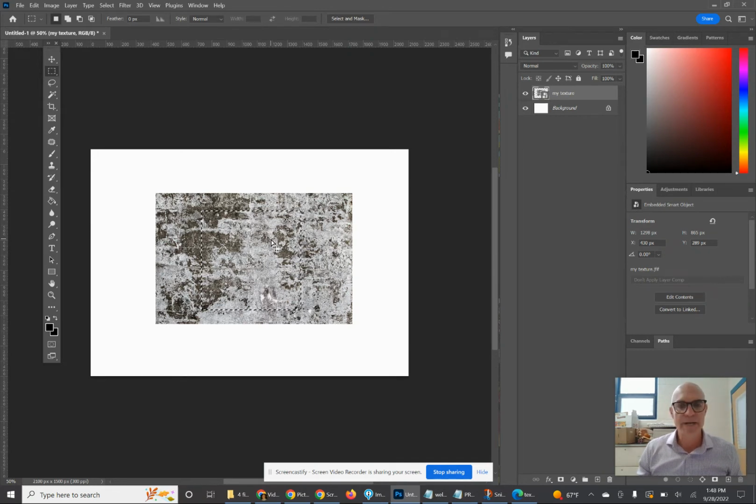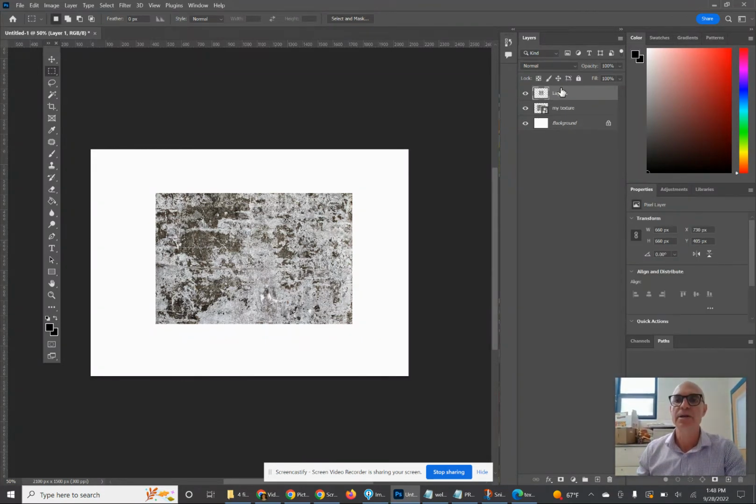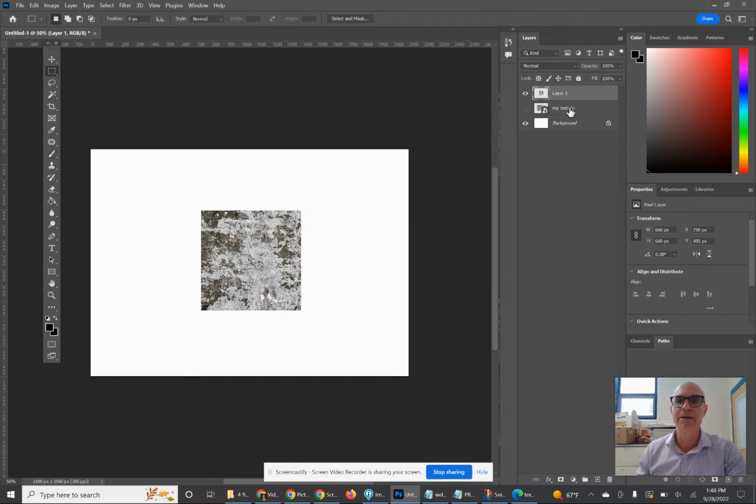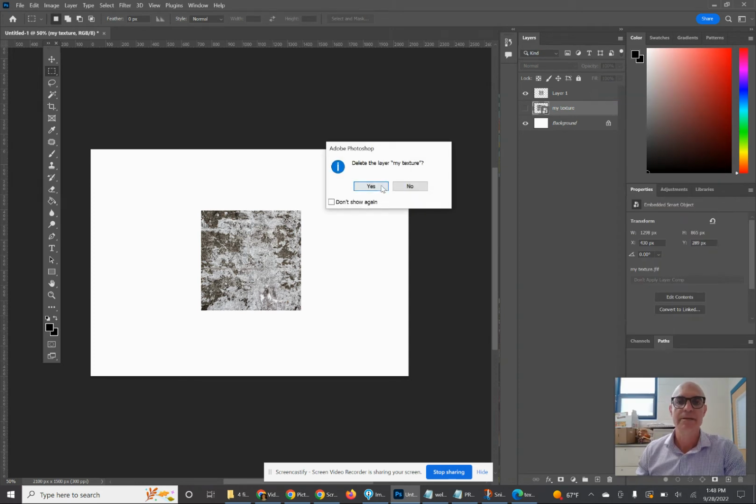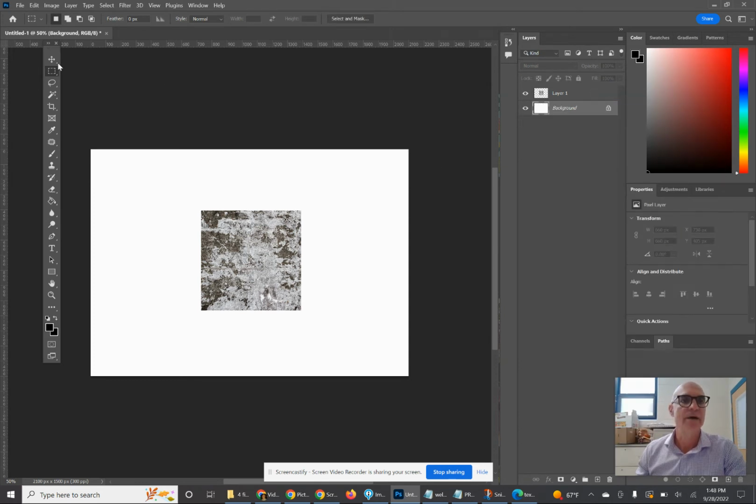Okay? There's a bunch of ways to do it. I'm going to just copy and paste that selection onto its own layer. So here's this texture layer. Watch. Control C, Control V. I copied and pasted. Look, it's right here. I'm going to un-eyeball that layer. Here's the square. I can right click it and delete that layer. Delete. Okay, so now with my move tool selected and this layer selected,